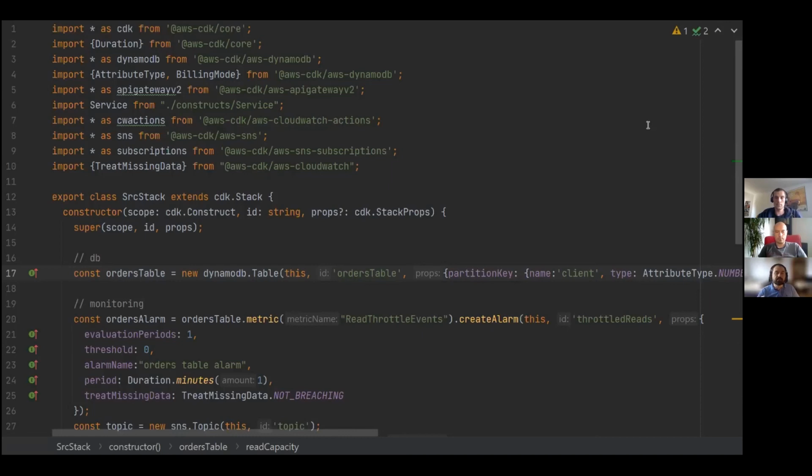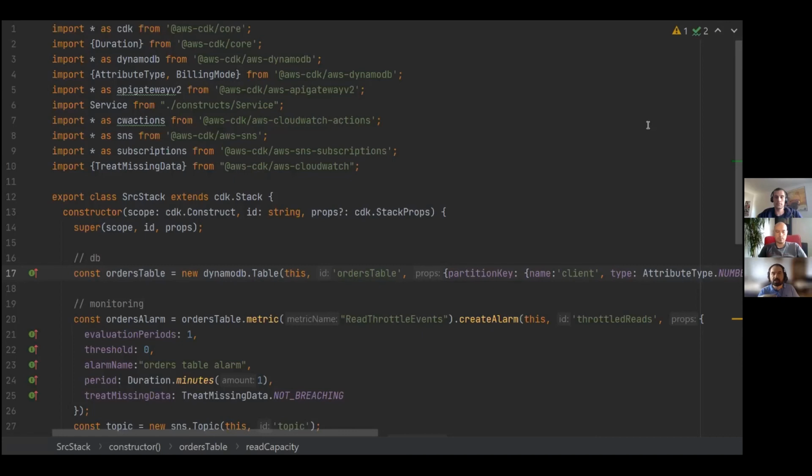So this version is in TypeScript. You can also use it in Java, Python, C#, I believe. Don't quote me on that. I've never used it. Yes, you can. So yeah, I agree. Oh, awesome. There you go for the people using C#. So you have a lot of options.